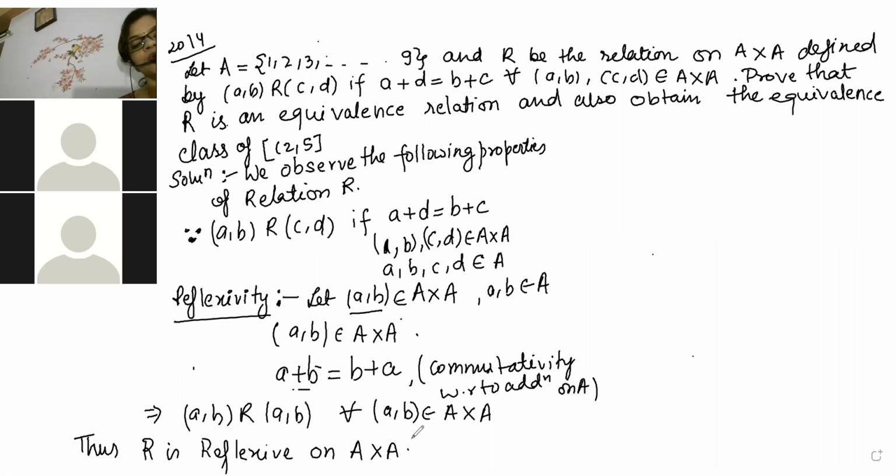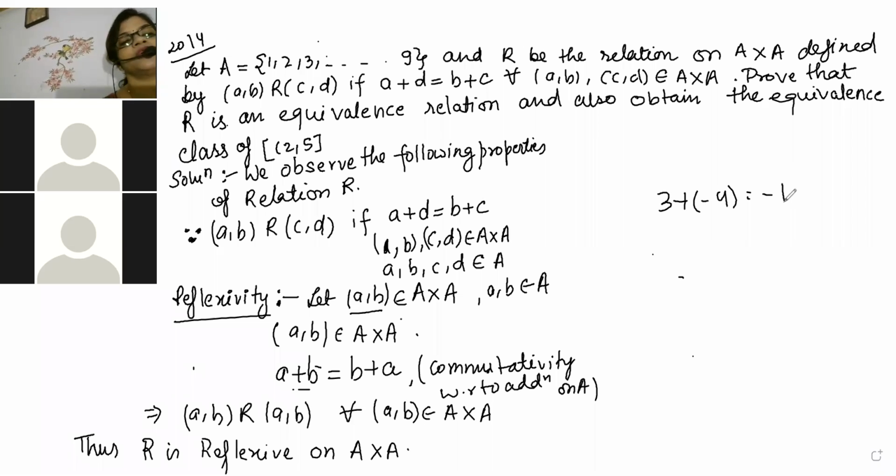Last class also we wrote this. Now here, commutativity with respect to addition on A is there. If you are not satisfied, since commutativity with respect to addition on A means only 9 elements are there, but commutativity has to be proved for all different types of elements, then you will say, auntie, commutativity is not proved for integers. Because when you add integers, it will not give the reverse, like 3 plus minus 4, you will get minus 1. So that is what the subtraction part will not be. So integers will not fulfill all the conditions of commutativity.